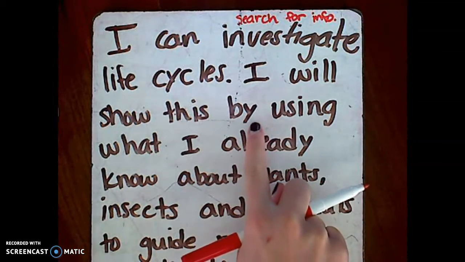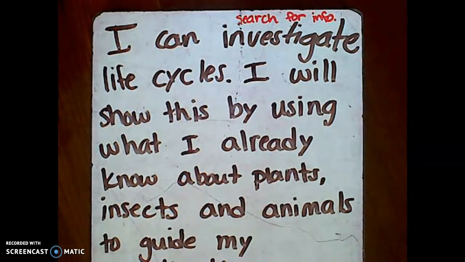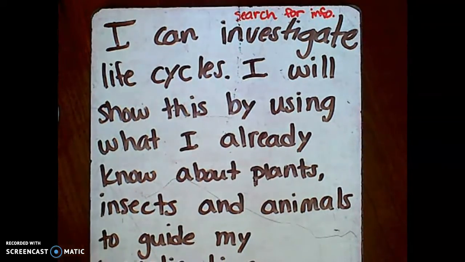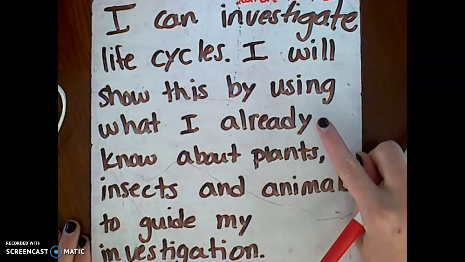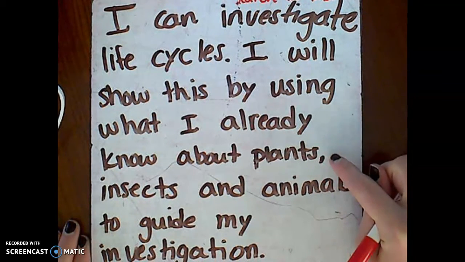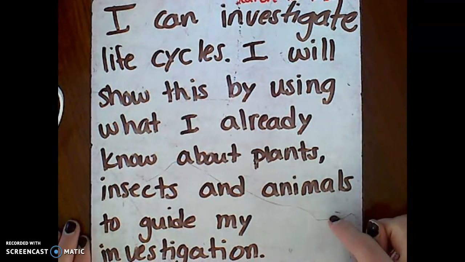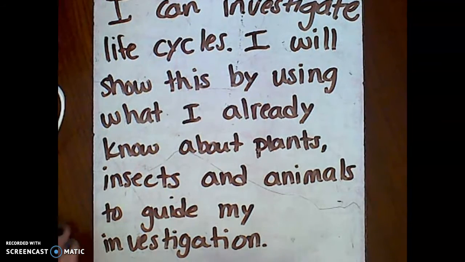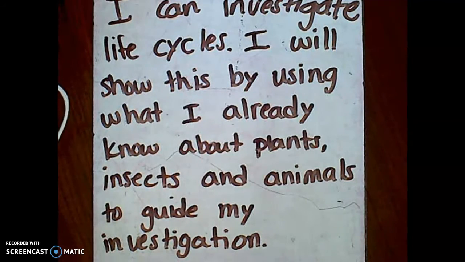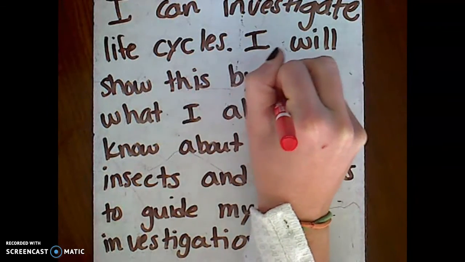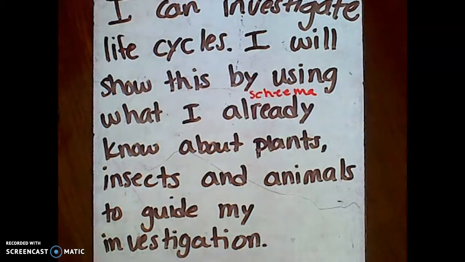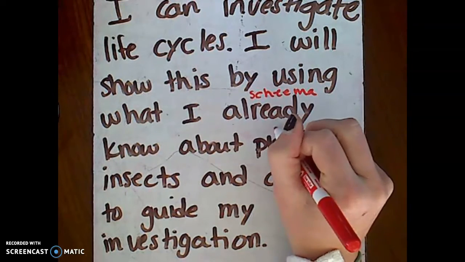I will show this by, now remember, this is how you show your teachers that you know how to investigate life cycles. So I will show this by using what I already know about plants, insects, and animals to guide my investigation. So you're going to be thinking back, you're going to be using your schema. That's what this is, what I already know. Schema. You're going to be using your schema, what you already know, about plants,